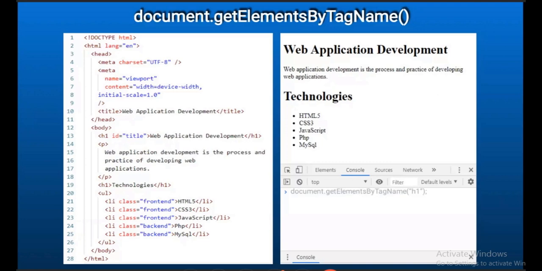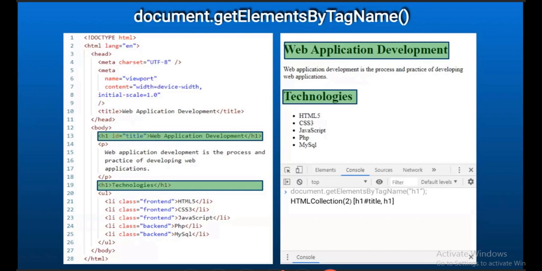Within the bracket we will give H1. All of the tags having the tag name H1 will be given. Let's look, this will be the output. Again it is an HTML collection. HTML collection means it contains multiple elements, just like an array. It's not basically an array, but it's just like an array. The two H1 elements are selected.